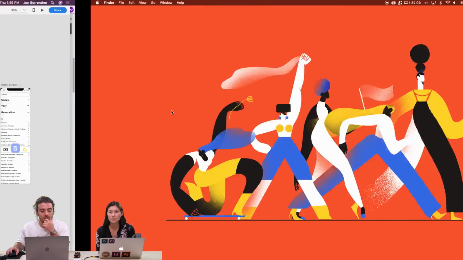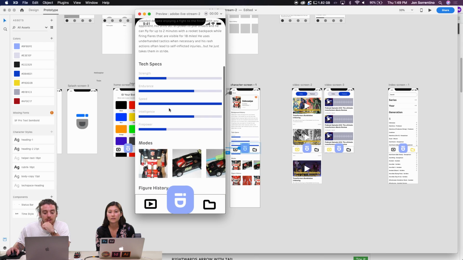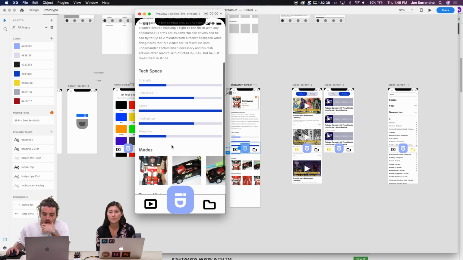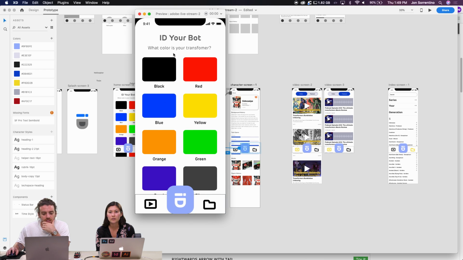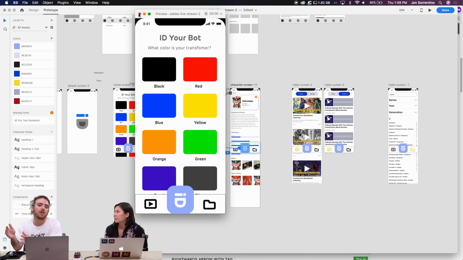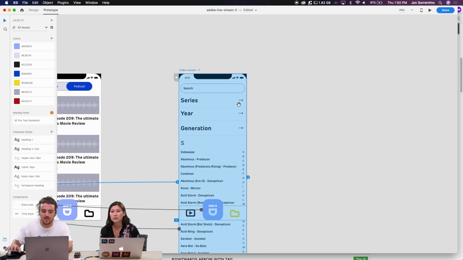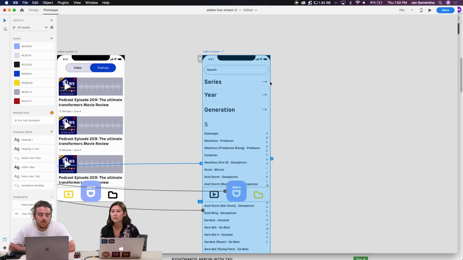And then under that we have our tech specs here, our additional modes, and also some figure history that we can dive into. And for the most part, I think that's our functionality for the 2 days. Some of the things I'd want to further develop are building out more character page elements, or having a couple more fields in there. There's a lot of information about additional action figures. I'd want to go into this index a little bit, and then maybe try to do the subcategories. Actually, we could probably knock those out.